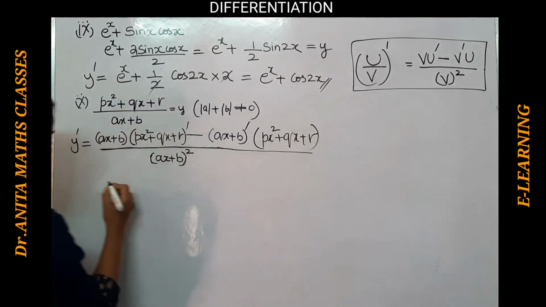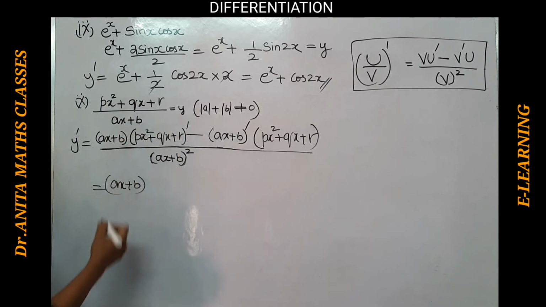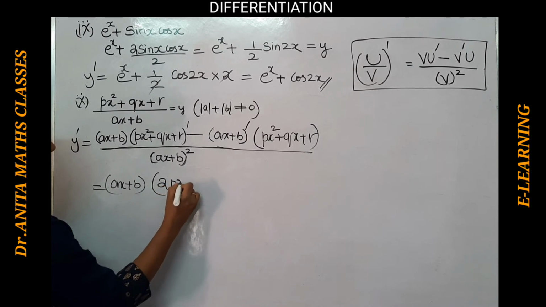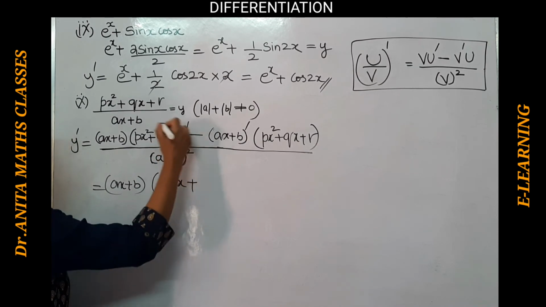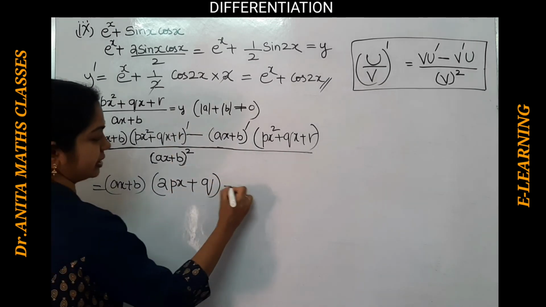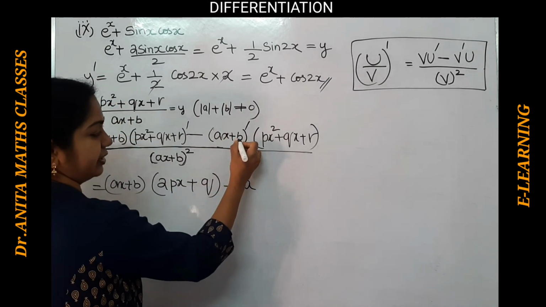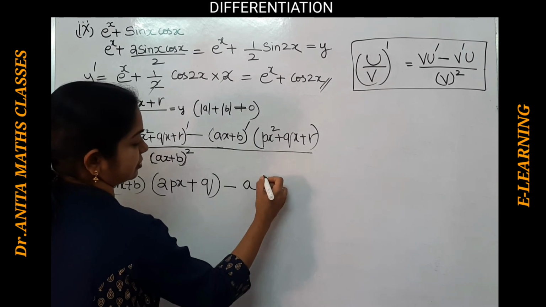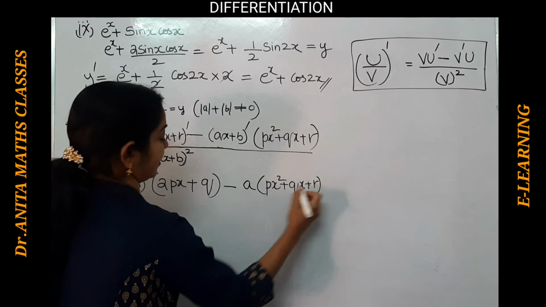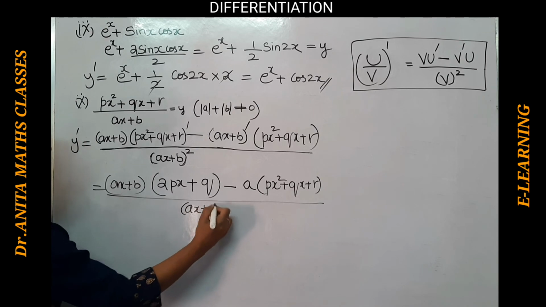Right. So let us do, that is ax plus b here, and the derivative of this quadratic. So px square comes to 2px, plus the derivative of qx, which is just q, and the derivative of the constant is 0, minus. The derivative of this is just a, isn't it? So the derivative of this constant is 0, and this is px square plus qx plus r, and we do have ax plus b whole square.